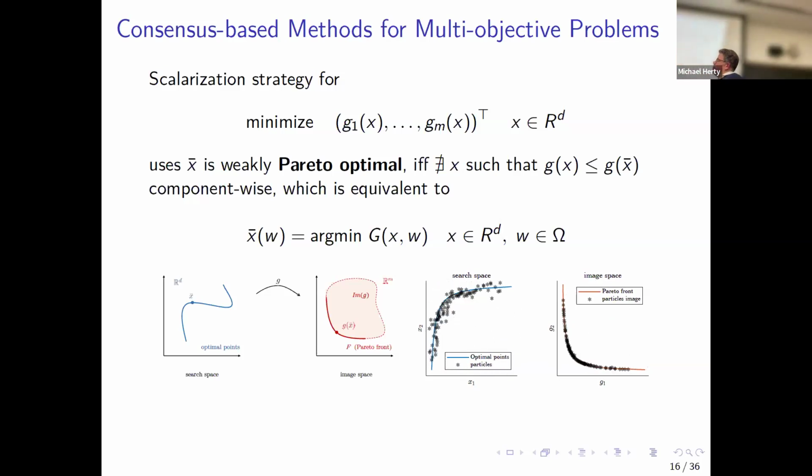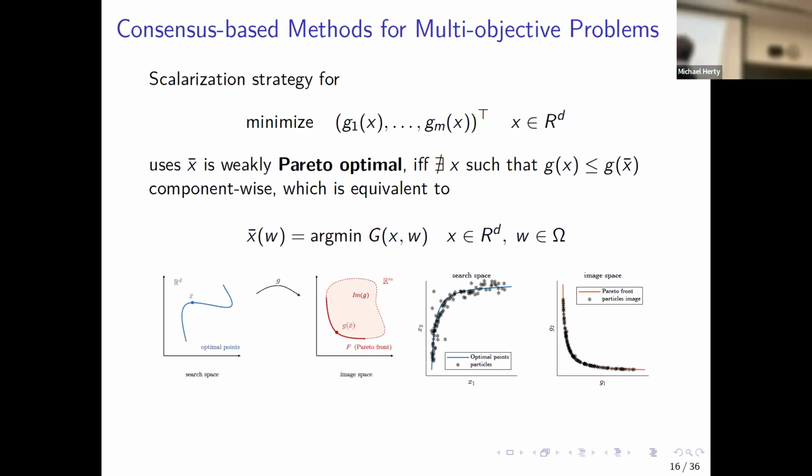Usually what you do, comes on the next slide, is called convexification. So you would combine all these cost functions into one function with a certain parameter, and we would like to give this parameter also to the particle method so that each particle solves in some sense its own minimization